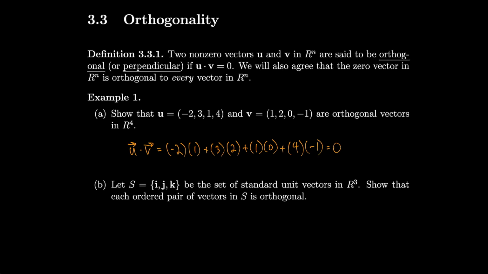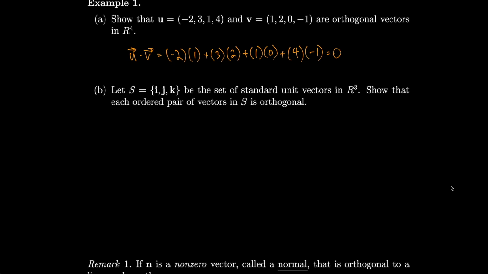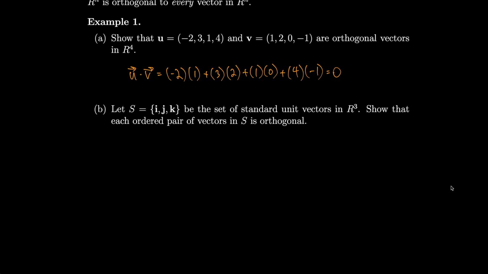If S equals {i, j, k} is the set of standard unit vectors in R3, we can also show that each ordered pair of vectors in S is orthogonal. So how about first i and j? We'll take their dot product. That's (1, 0, 0) dotted with (0, 1, 0). Notice 1 times 0 is 0, 0 times 1 is 0, 0 times 0 is 0, so that's 0. Similarly, i dot k